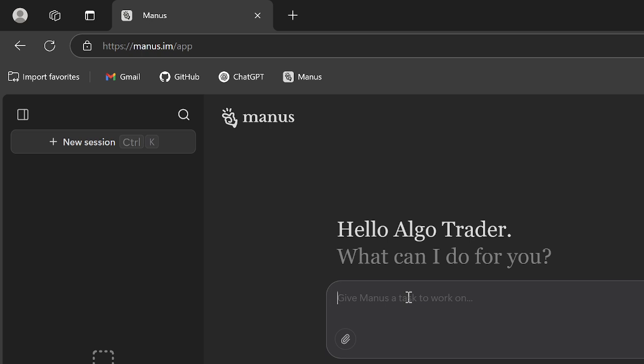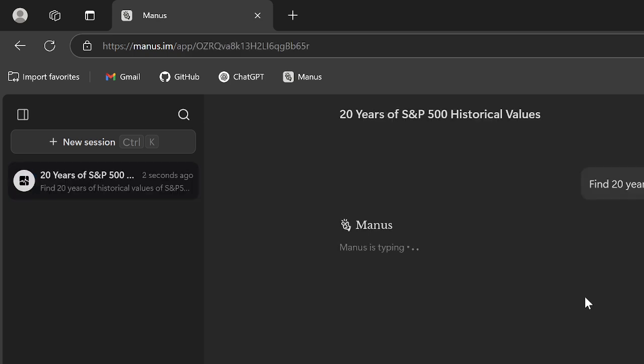So the use case is that I want to find basically historical data of stock prices. But let's start very simply. So I will ask it to find 20 years of historical values of the S&P 500 index, and that's my request basically. I'm not really saying in practice how it should find it, or in what format, or the frequency, and where it should be stored, etc. So I'm just sending a very simple request,